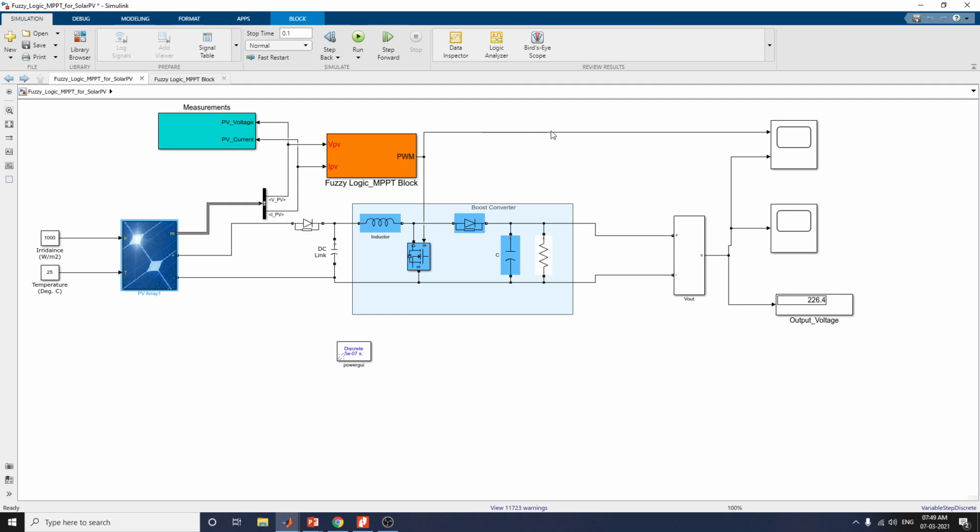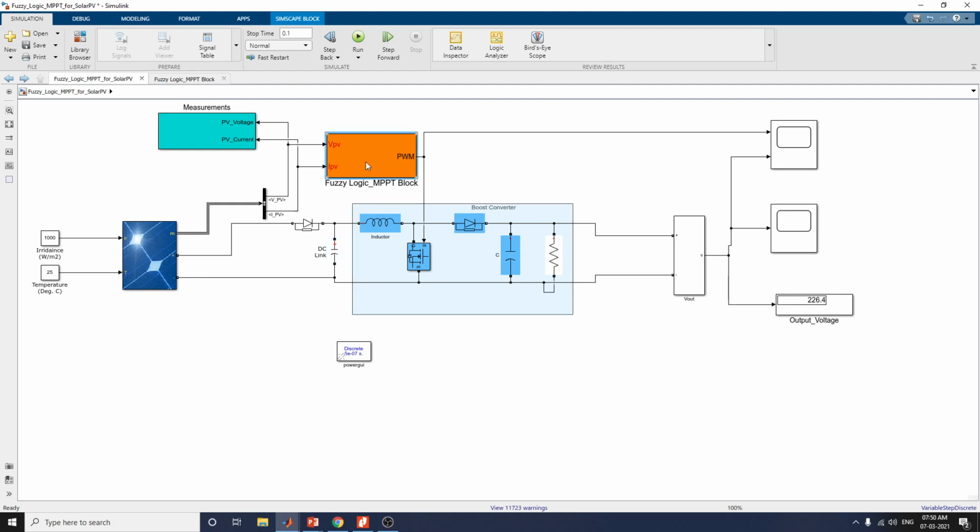In this MPPT logic, the fuzzy logic controller measures the values of voltage and current at the output of the solar panel. Then it calculates the power from the relation P equal to the product of voltage and current to extract the inputs of the controller. The crisp output of the controller represents the duty cycle of the PWM to switch the DC to DC converter. Here normally the DC to DC converter is a boost converter, with inductor and diode, this MOSFET, capacitors, and this RLC load. Here the DC links are provided.